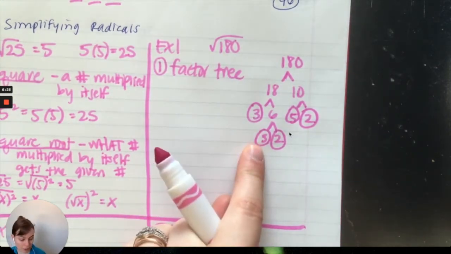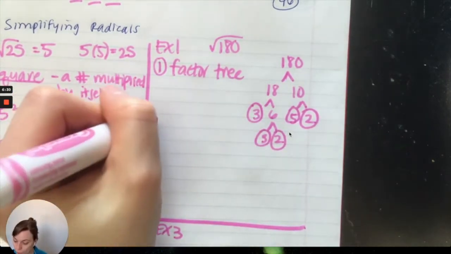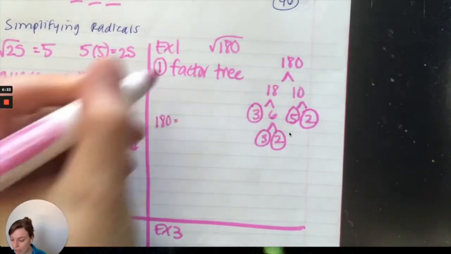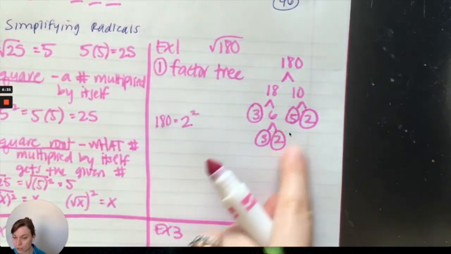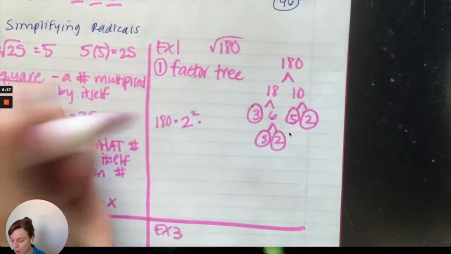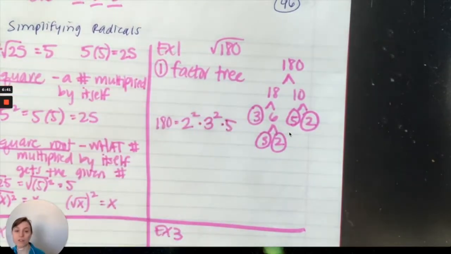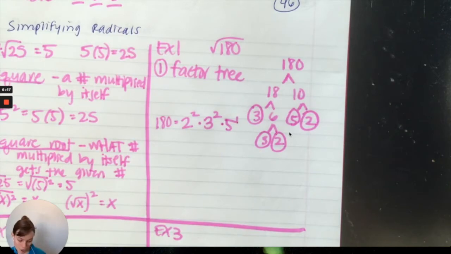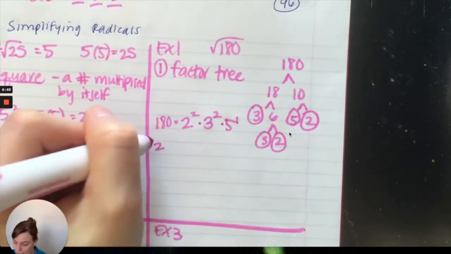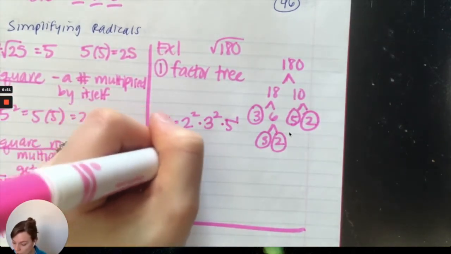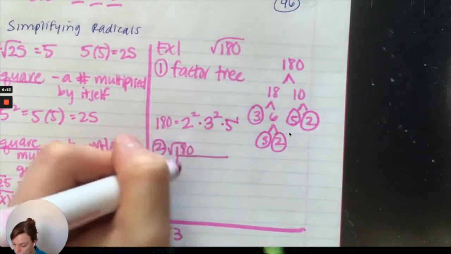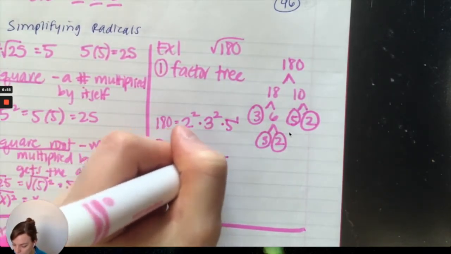So these are my factor trees. Those are my primes. So I can rewrite 180 as 2 squared, because there are 2 2's as its prime factors. There are 2 3's, and there is 1 5. If there is no exponent, then it is assumed to be a 1. You're welcome to draw that 1 if it helps you, but you don't need to. All right, and that means I can rewrite it. So I'm going to rewrite the square root of 180 as the square root of 2 squared, 3 squared, times